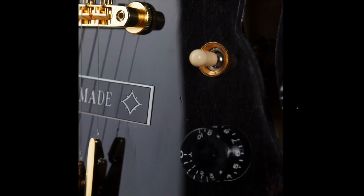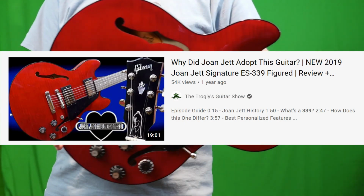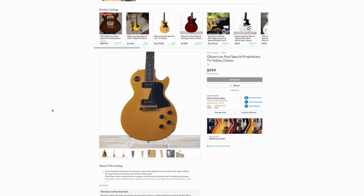It's not my favorite because I'm just not a big fan of the 339. I'm a taller guy, so I don't benefit from the smaller size. If I'm going to play one of these, I go for the full size. But that doesn't mean there weren't cool limited editions like the Joan Jett signature one that I reviewed and documented right here. But now, ladies and gentlemen, for the crown jewels of this week, we start with this, the Gibson